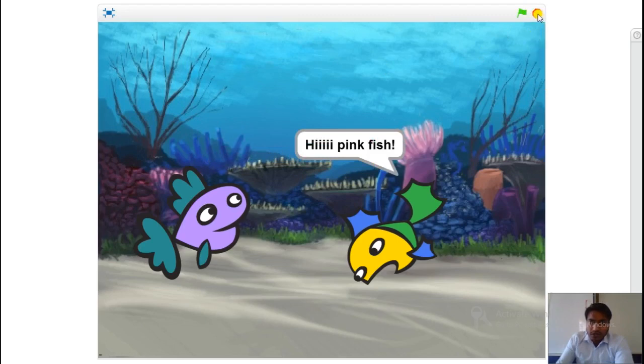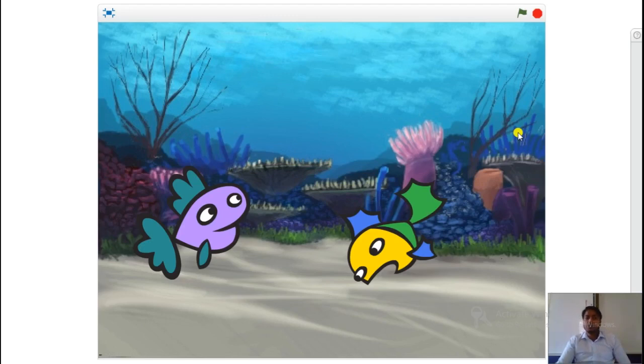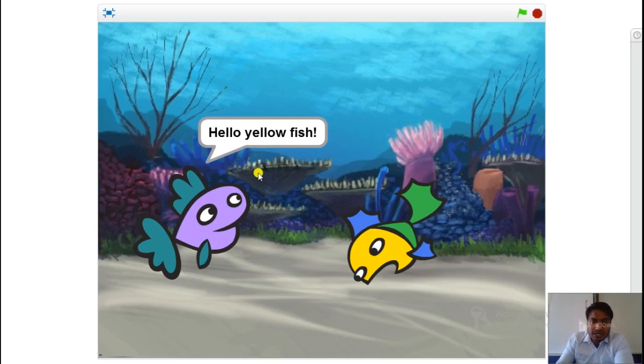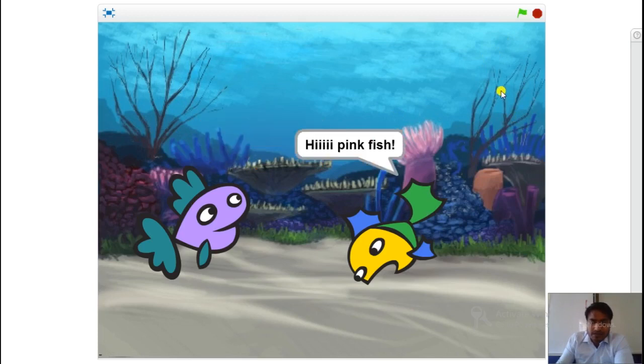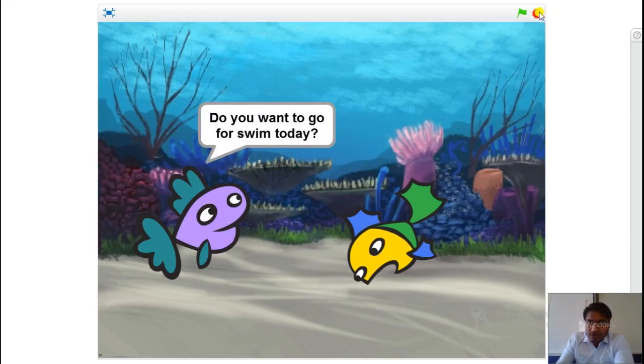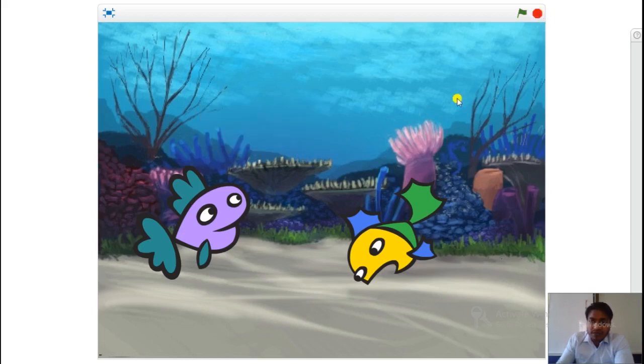Now I am going to click on the stop button. Now you can see nothing is happening on the screen, which means it's already stopped. Let me start once again by clicking on this green icon. Now see, this started. Now if I click on the stop button, it will stop. So this is the use of the green flag and stop button.